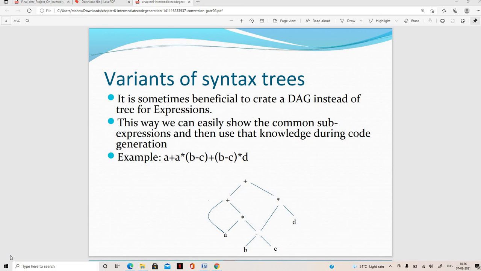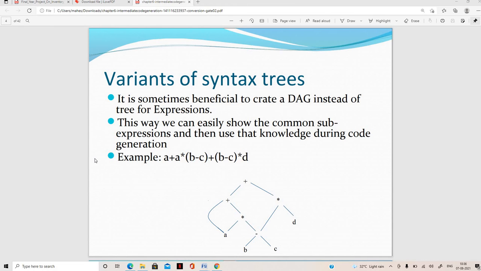And here the DAG for an expression identifies the common sub expressions of the expression we are having. It is sometimes beneficial to create a DAG instead of a tree for expressions.